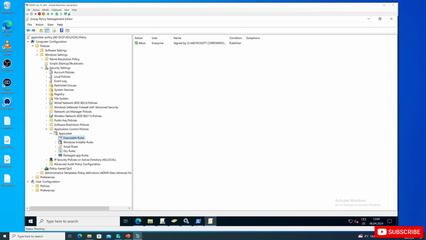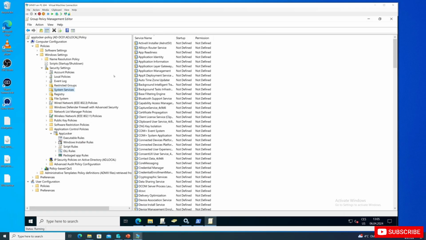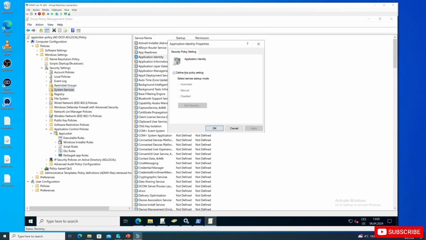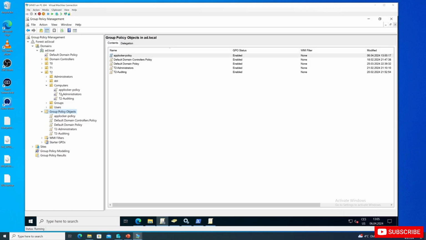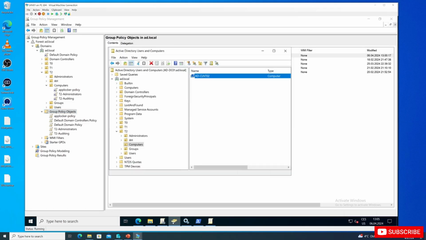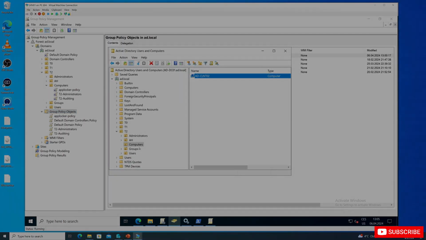So we will go to security settings, system services, and here we will find Application Identity service and set it to automatic. And that's basically all we need to do. So our policy is created and our policy is applied to our computer that is in the computers organizational unit. So let's